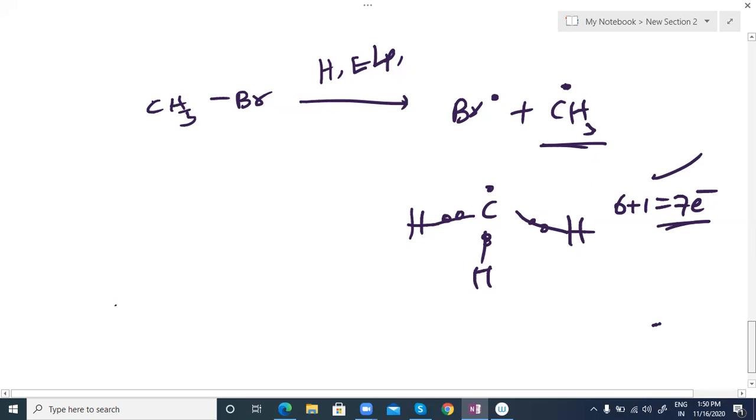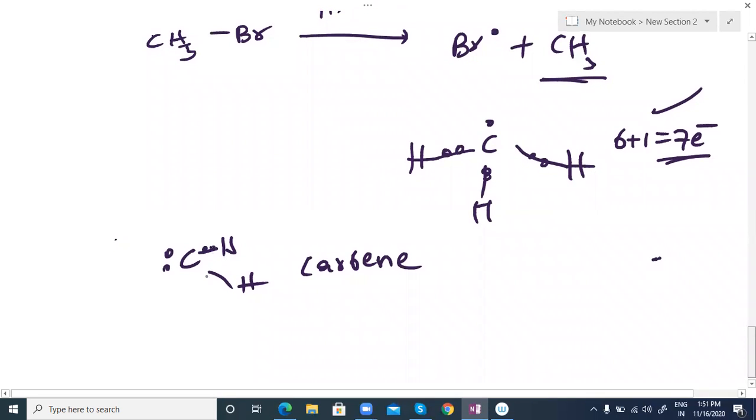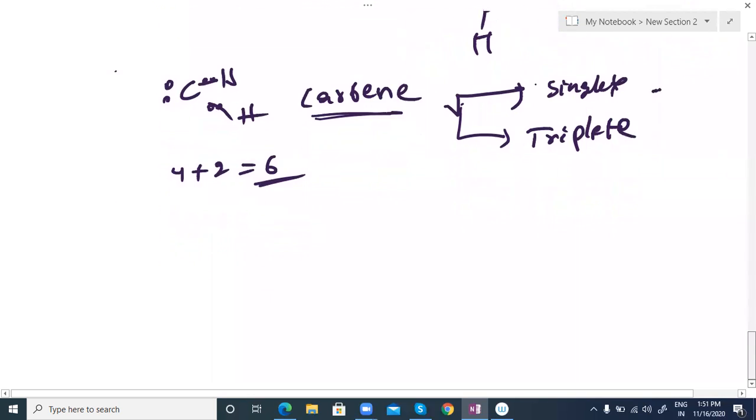And carbenes, they mention one more word, which we also call carbene. So you can find out here how many electrons they have. That one you already know. 2 bonds means 4 electrons plus 2 electrons. This is 6. I will discuss very clearly in the next video what carbenes are and how many types of carbenes there are. Carbenes are of two types, singlet and triplet. I will discuss later their structures, hybridization, and everything, paramagnetic or diamagnetic, everything we'll discuss later.